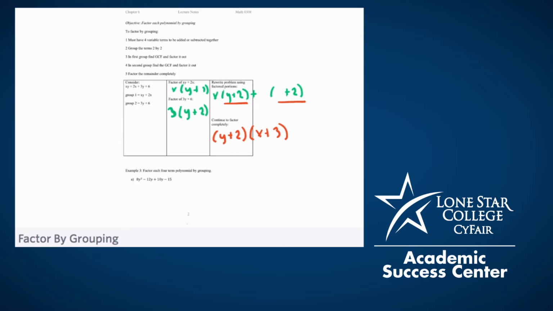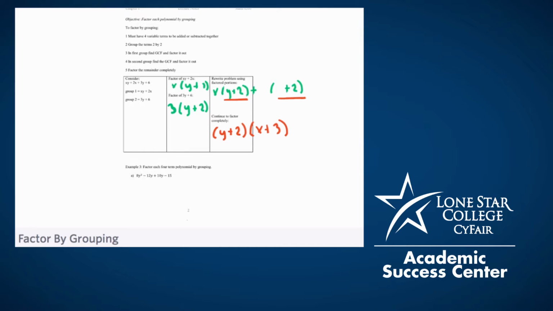Alright, now let's look at another example. In example 3a, we're given 8y squared minus 12y plus 10y minus 15. So again, just like before, we'll create our 2 groups. That would be considered our first group, 8y squared minus 12y, and our second group would be 10y